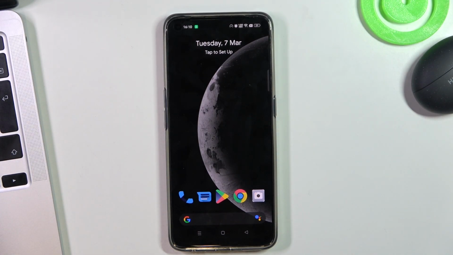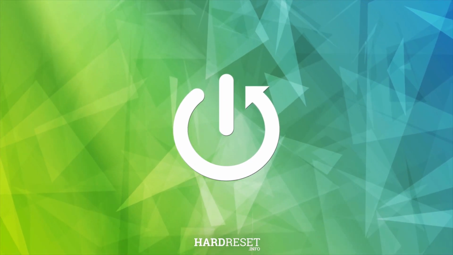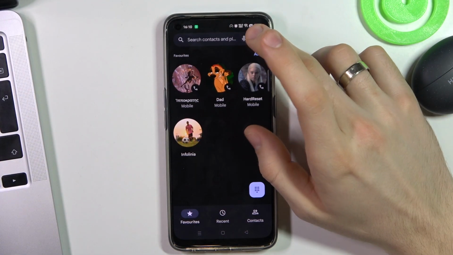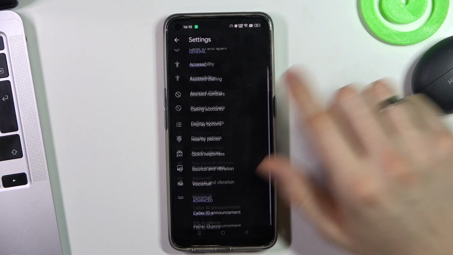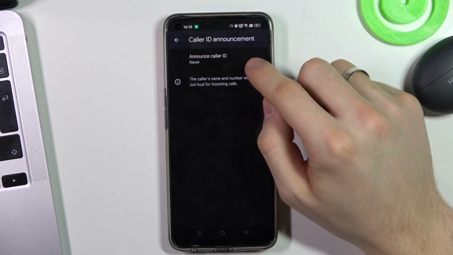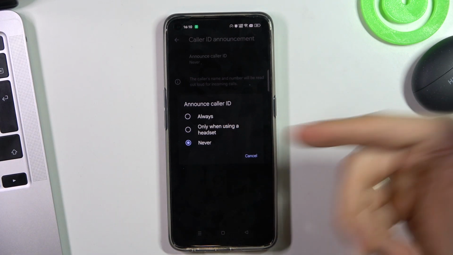In front of me is a REALME 9 Pro Plus device, and now I'm going to show you how to enable caller ID announcement on this device. To do it, first open the phone application, then click on the three dots button in the right upper corner of your screen, click settings, scroll down, then find here caller ID announcement. Choose Announce Caller ID and choose either always or only when using